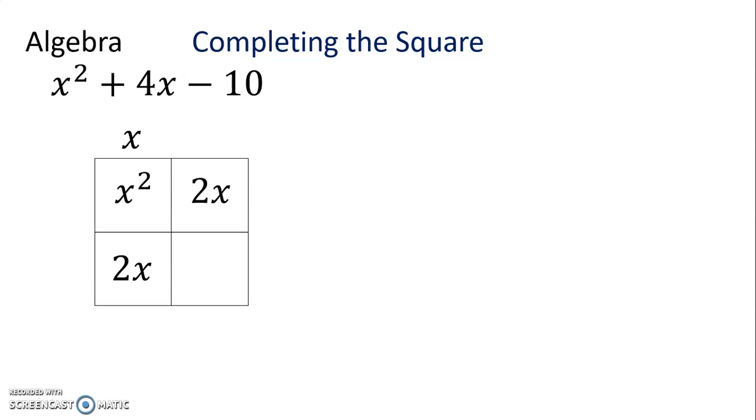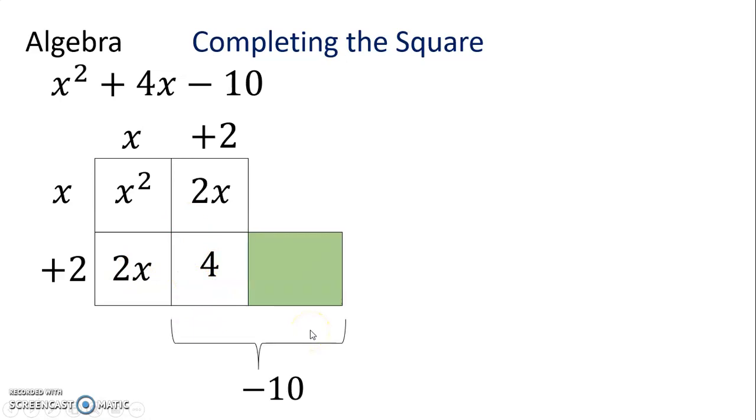Okay, so along the top, I'm going to need an x and an x, and then add 2 and another add 2. So we're doing x add 2 squared, and that means when I multiply these two constants together in this bottom right-hand part of my grid, I'm going to get positive 4. So I've got x add 2 squared, and that gives me the x squared I need, it gives me the 4x I need in total, but it gives me a positive 4,